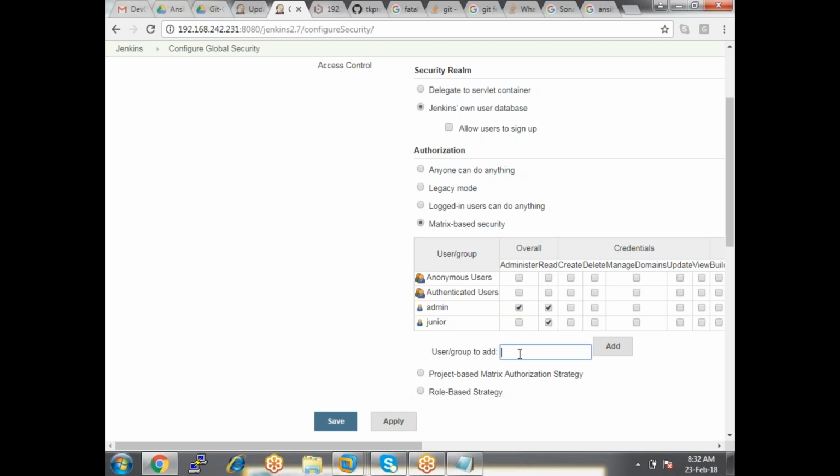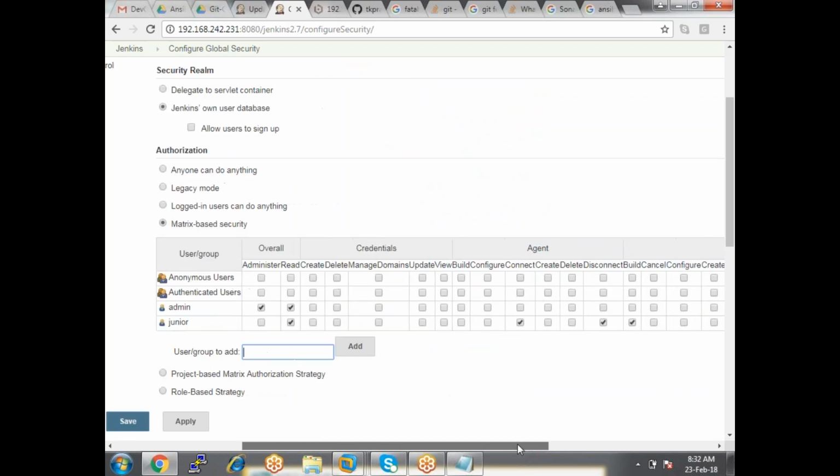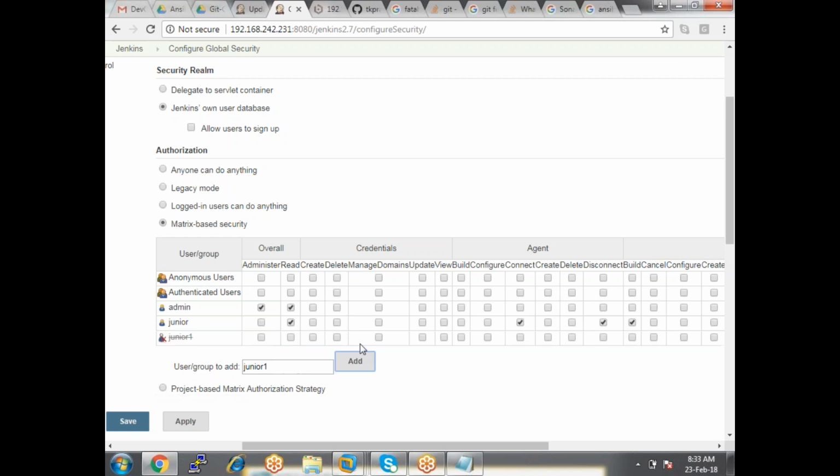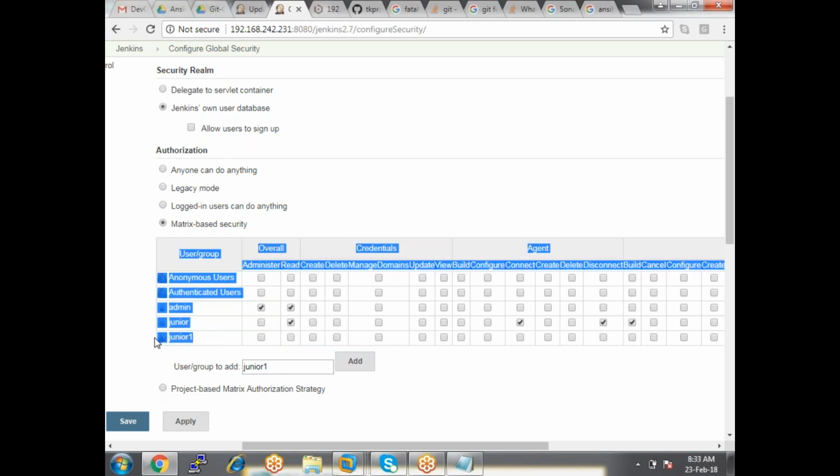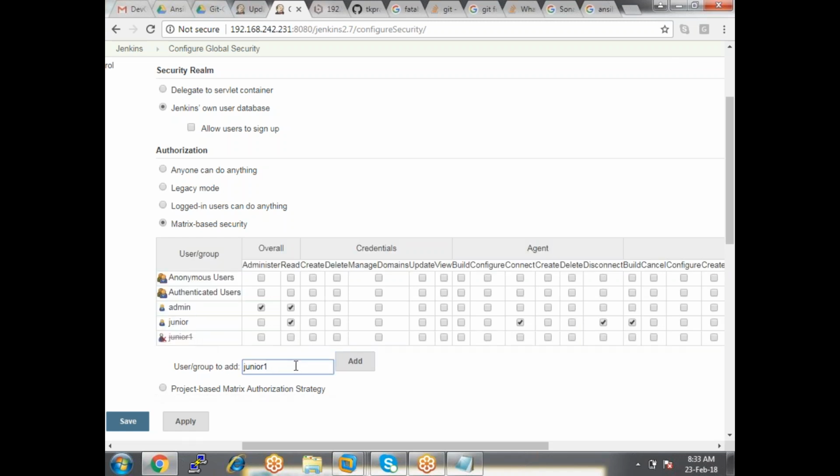If you want to assign the same level of access to these users, then what do we do? Enter the username and add, enter the username and add. And once you do that, you assign the permissions like this for every user. I have one more user called junior 1, it is not there, so that's why it shows not there. Like this I have about 5 users.